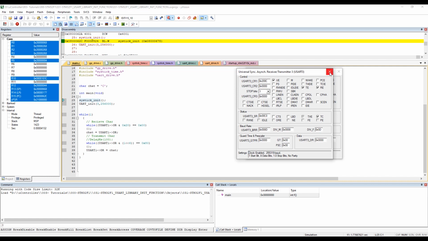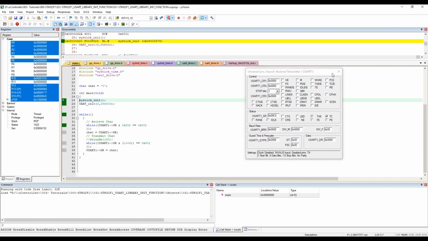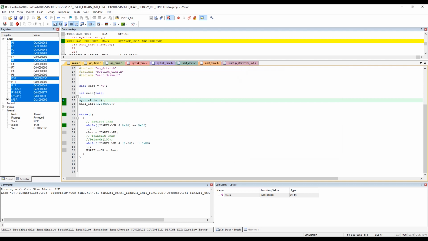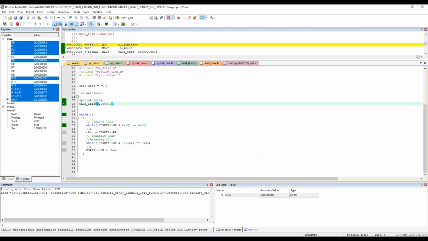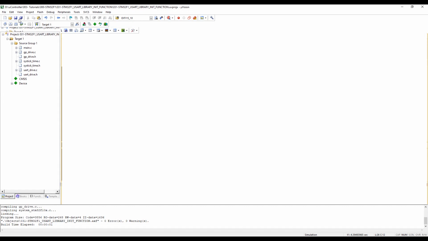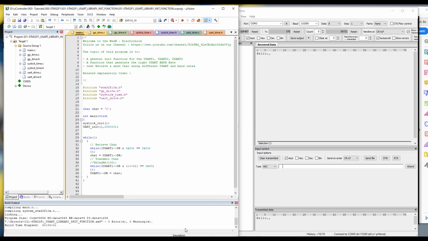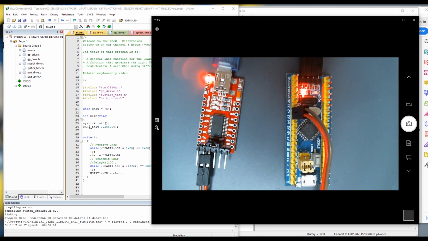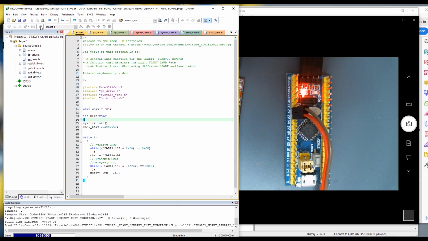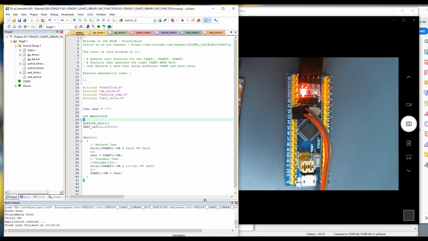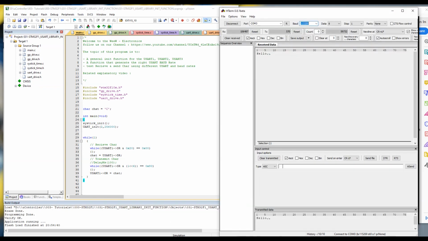So let's make a test for the UART because we connected on UART2, but let's change it. And so let's change again UART2 here. And yeah, we have to leave the debug mode. Okay, and let's load it in the microcontroller. Okay, should be loaded and fine. And let's discuss with the microcontroller using this one. Let me clear here and put the famous hello world